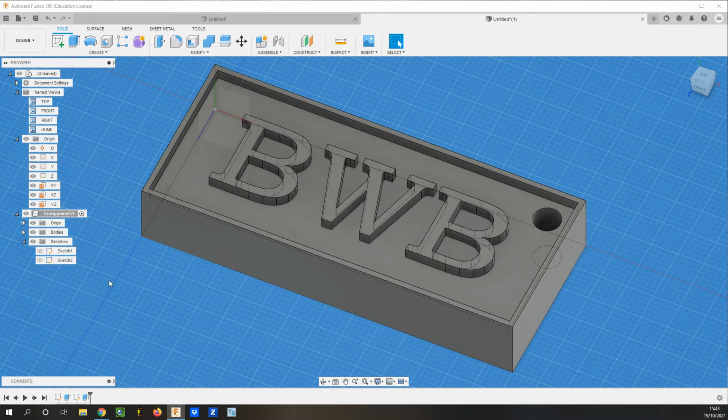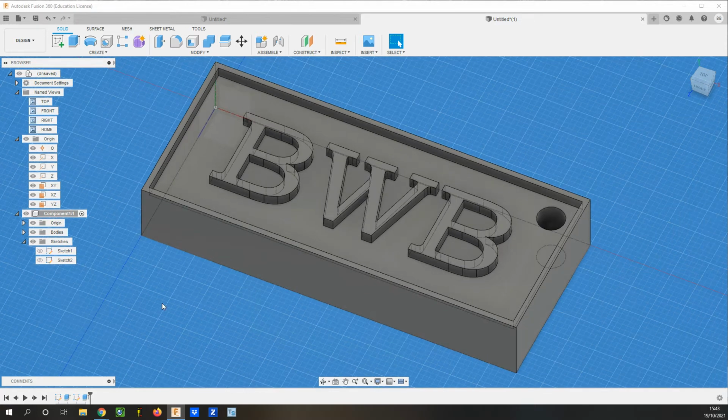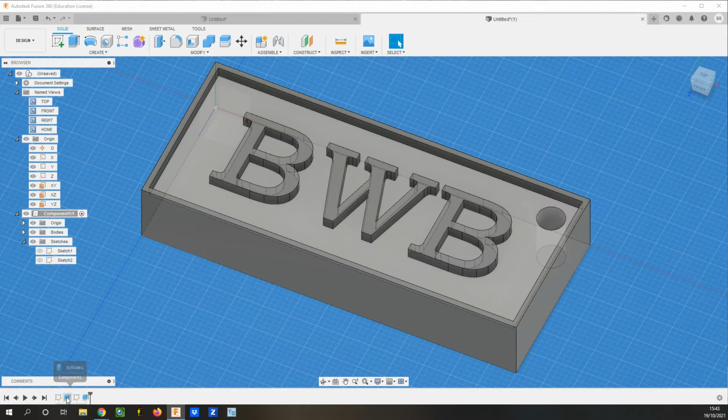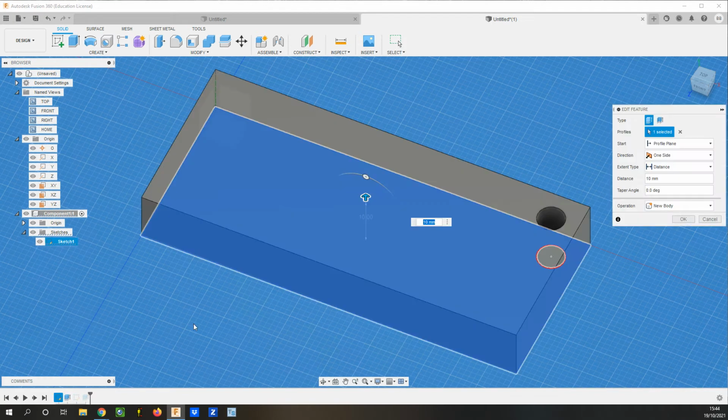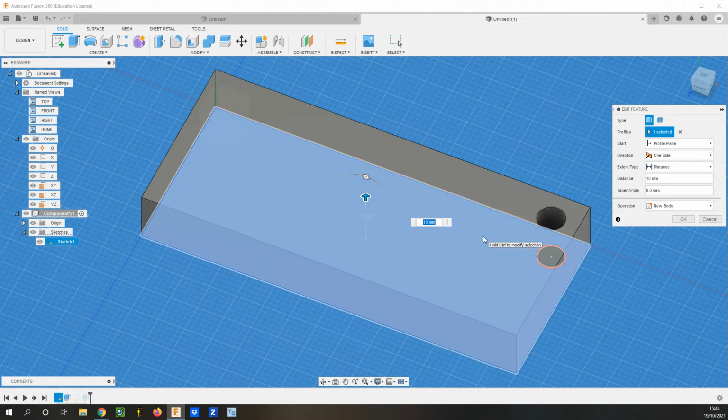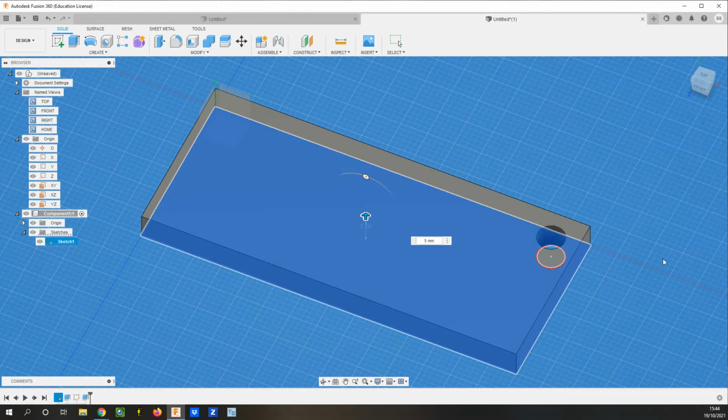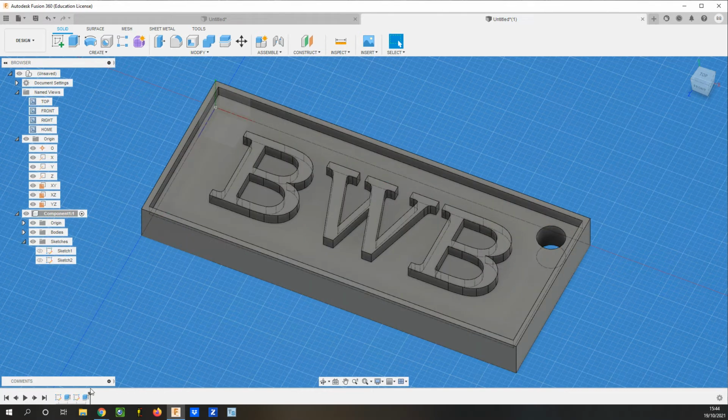Okay, so what we want to do is we want to change it. So I think it's too deep, right? I'm going to make it shallower. So if I go back to the original extrude, and right hand click on there, I can now edit the feature. Now I could edit what I want it to extrude, but I'm happy with that. It's just the feature. So I'm going to make that into 5, and then I'm going to OK it. Right, and now it's run through the rest of my steps, and it's redrawn it with a thinner base, and